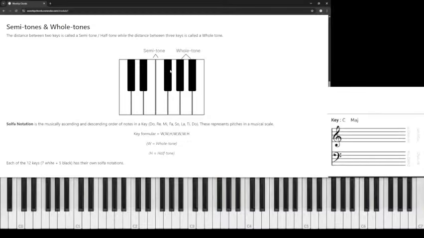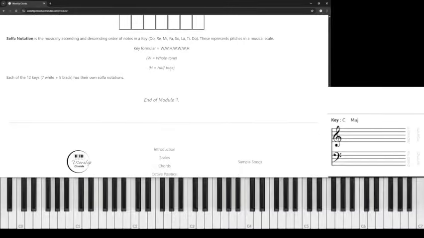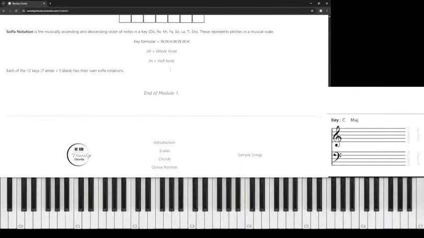Now there is no black key between E and F, so that means the distance between E and F is a semitone. Then the distance between F and F sharp, semitone. Distance between F and G is a whole tone. Now once we know about that, we can go ahead to finish on the solfa notation,